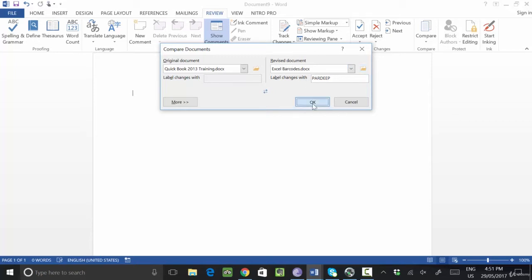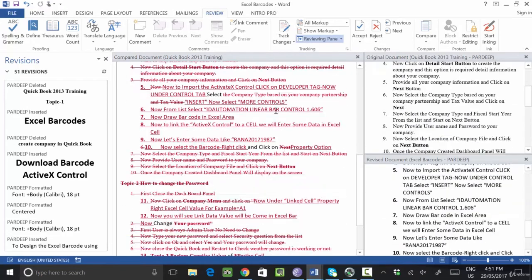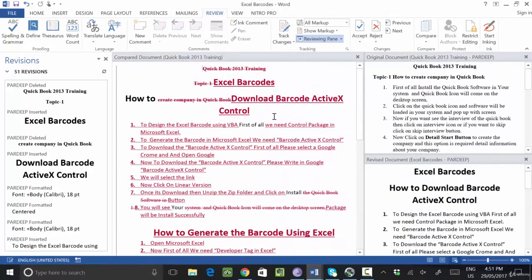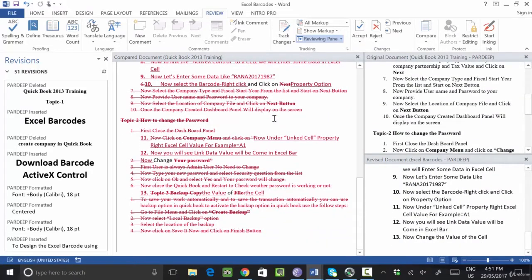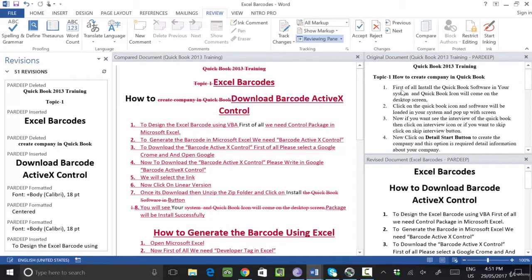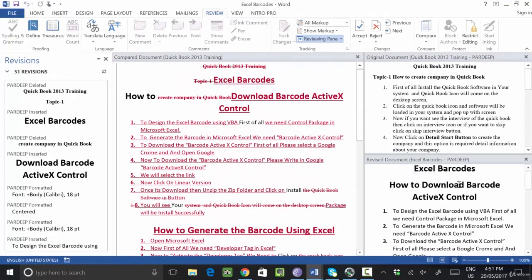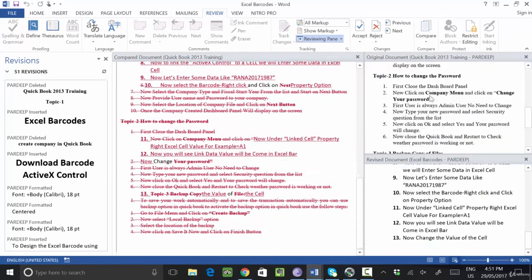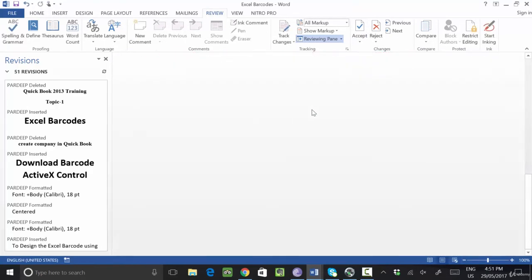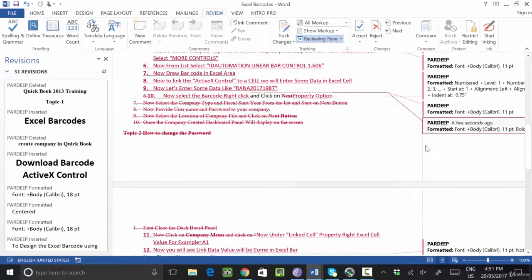So click on OK, and you will see one single document will open and these two documents will be open. Now you see, you can compare both the documents line by line. Clear or not? In this case we can use combination. Combine means you can combine two documents at the same time. You can compare what is written in this document and what is written in this document. You can read both the documents at the same time. Is it clear? So these are the options of compare.